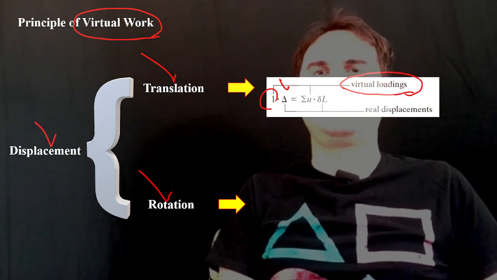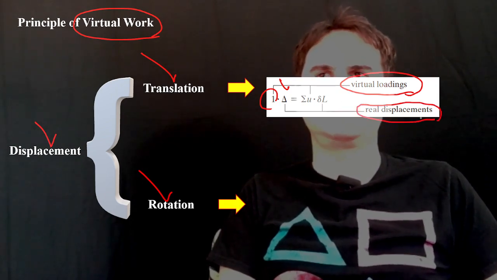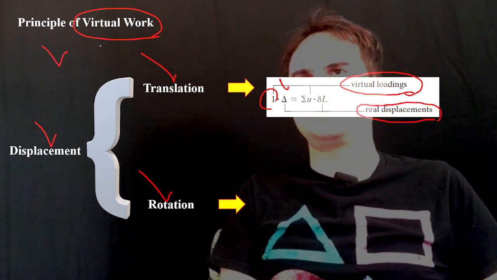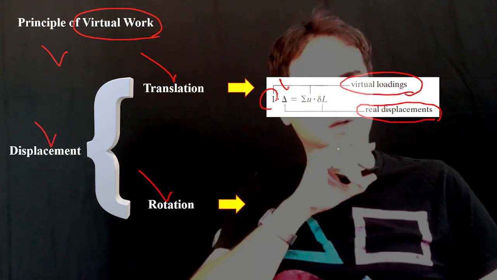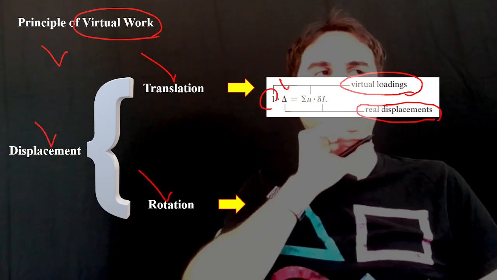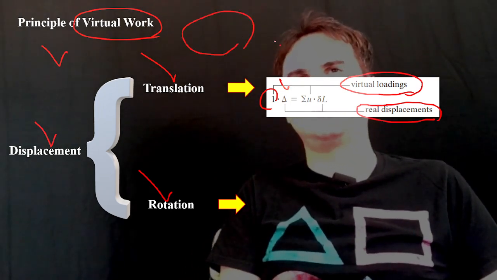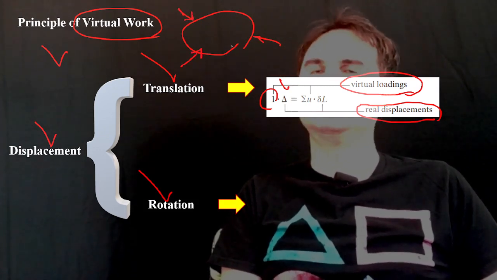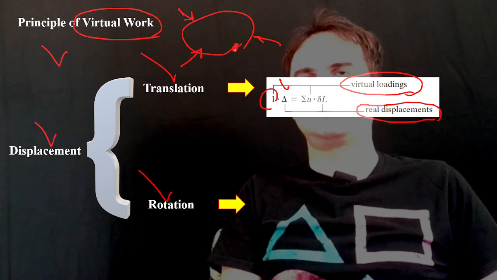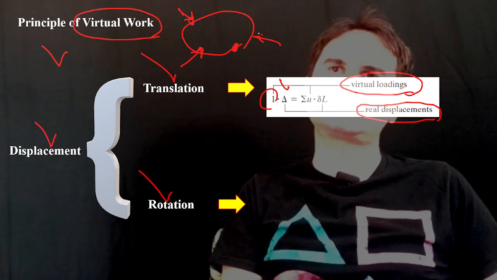So by 1 unit of virtual load, we can calculate a real displacement. That's the benefit of the principle of virtual work, which gives us a better hand on the calculation of deflection, because we don't always have a force at the location of our structure where we want to calculate the displacement. So for example, if I want to calculate deflection at any of these 3 points, I can easily